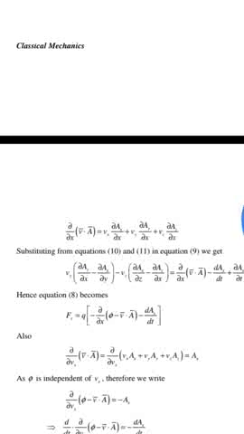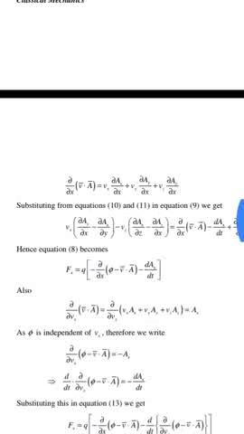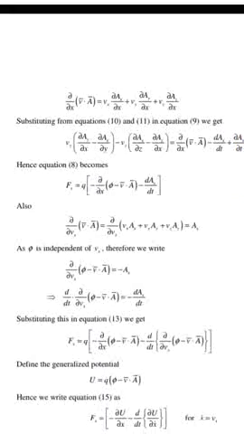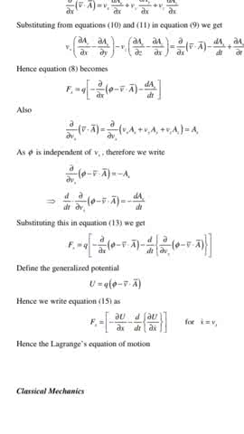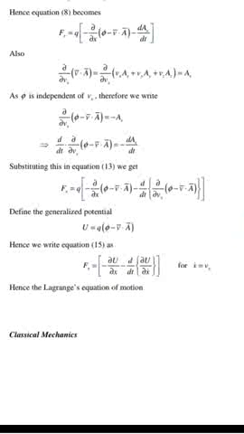Therefore dou by dou x of (V bar dot A bar) is equal to Vx dou Ax by dou x plus Vy dou Ay by dou x plus Vz dou Az by dou x, and substituting in this, we get Fx is equal to minus dou U by dou x minus d by dt of dou U by dou x dot for x is equal to